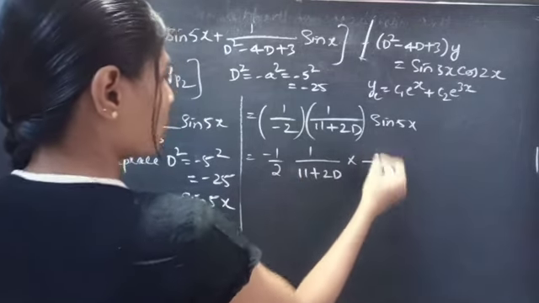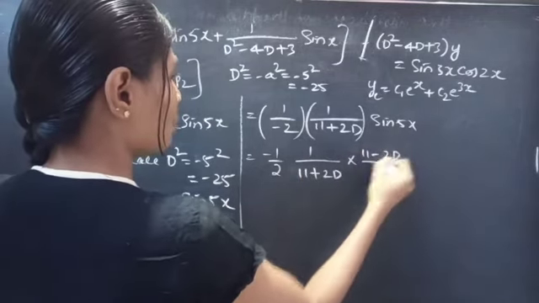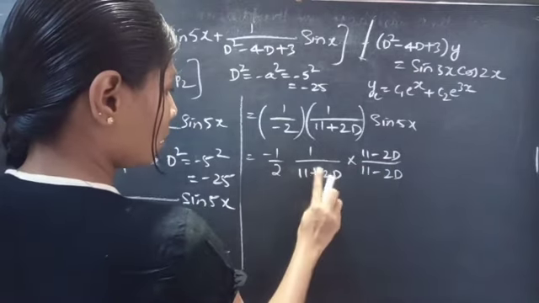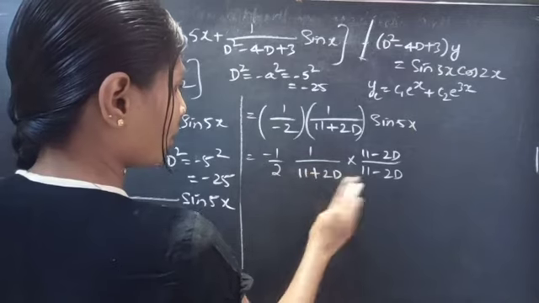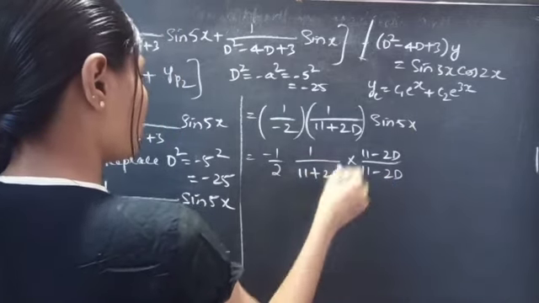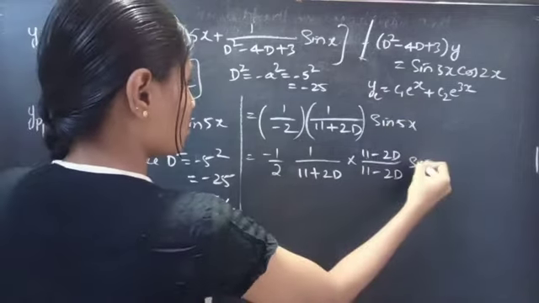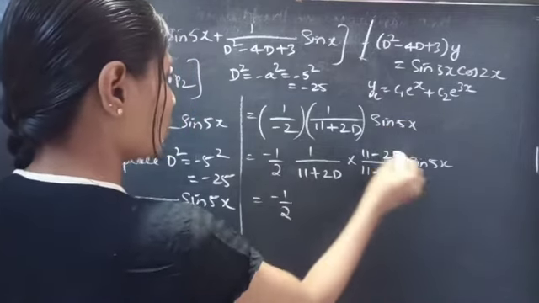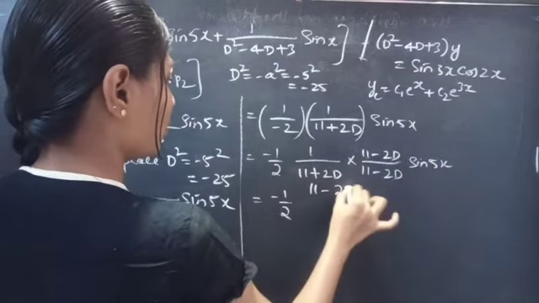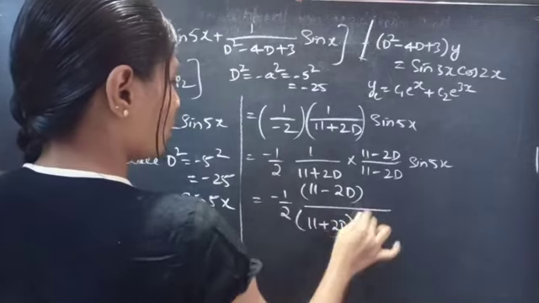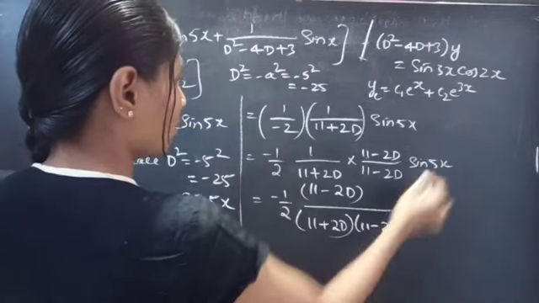Now we'll multiply and divide with 11 minus 2d. See, in the denominator we have 11 plus 2d, just change the sign, then you'll get 11 minus 2d, right? So we'll multiply and divide this fraction with 11 minus 2d, into sine 5x, which is equal to minus 1 by 2 into 1 into 11 minus 2d is 11 minus 2d by 11 plus 2d into 11 minus 2d into sine 5x,